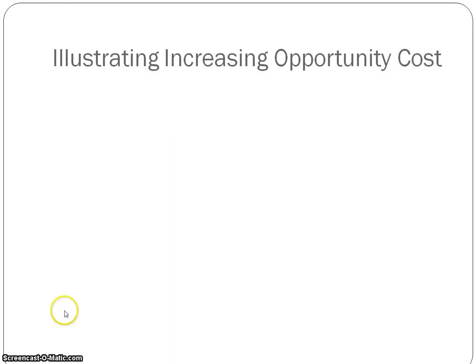make a choice. So what it means is each time you make a choice as a consumer or even a producer, it means that you did not choose something else. So whatever was the next best alternative that you did not choose, that is what you define your opportunity cost